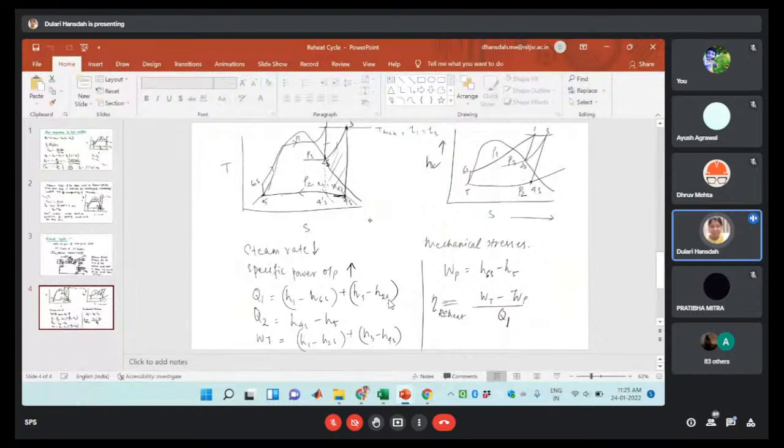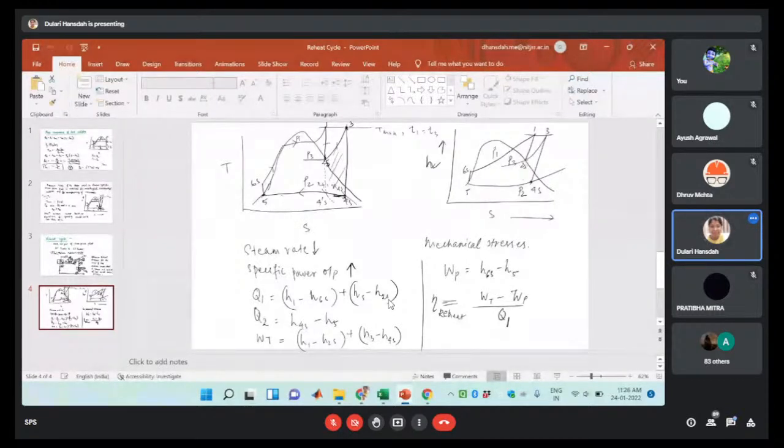So last class we discussed up to the reheat cycle. There, we were expanding the steam in the high pressure turbine as well as in the low pressure turbine, so that your work output will increase. By expanding the steam in two stages, your work output will increase, and your mean temperature of heat addition at high pressure will also not affect the